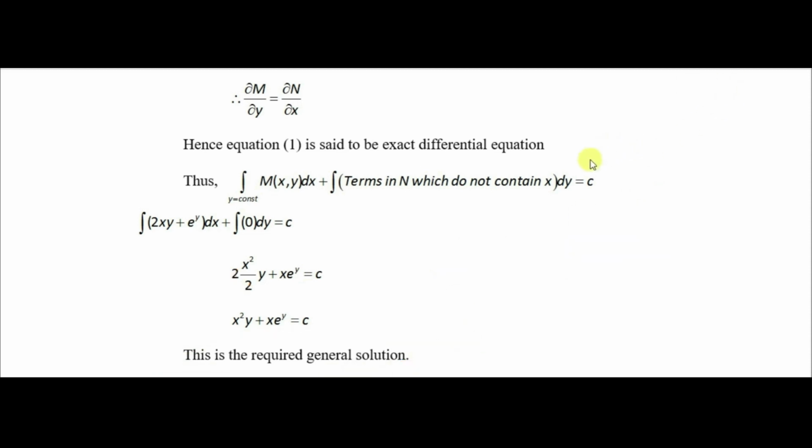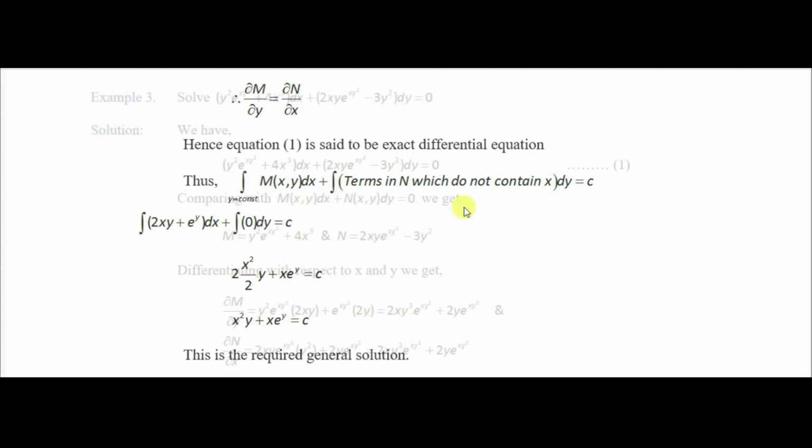Again, this is a very simple example. We just have to check the condition for exactness and write down the result to find the solution of the exact differential equation. Again, we take one more example. It is a little tricky example because here we have to find the derivative and you have to use the product rule to find the derivative of that function. Again, this equation is of the form M dx plus N dy.